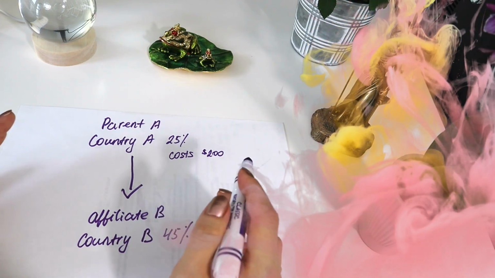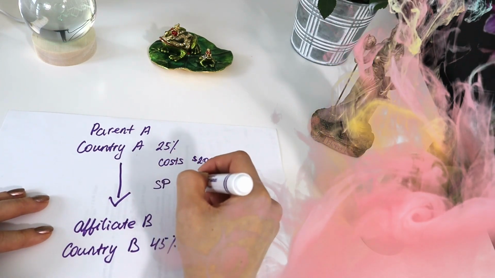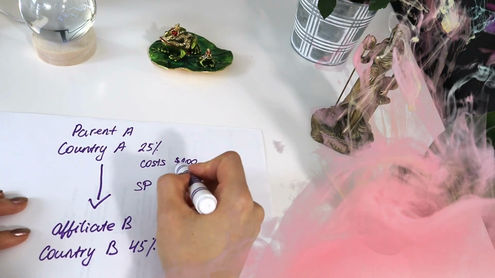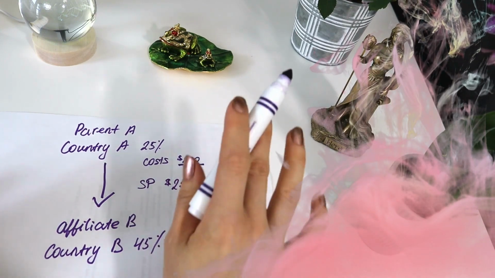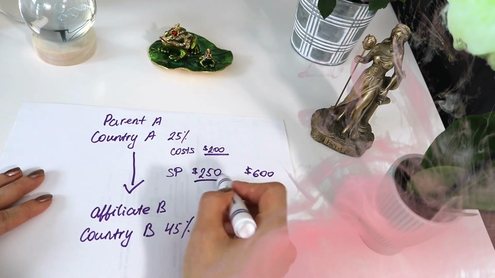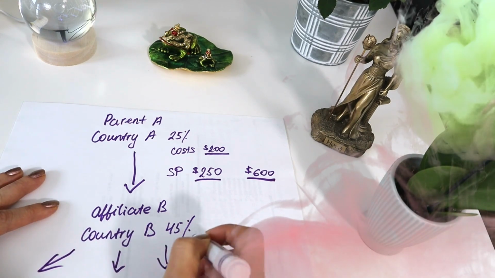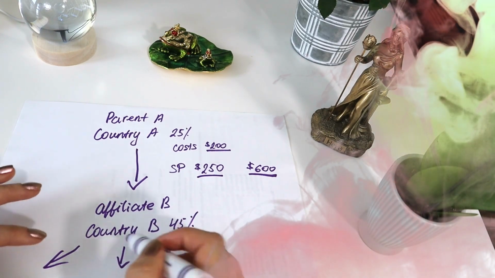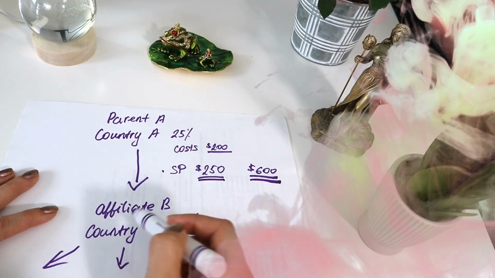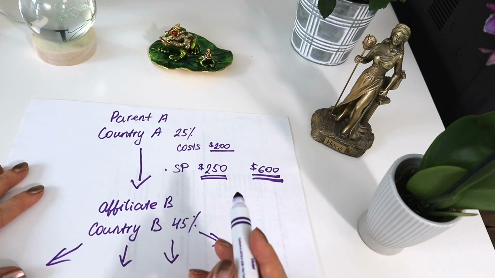So let's say you have a choice of selling this product to your affiliate with a selling price of either $250 or $600. Remember, it costs $200 to manufacture. As a business owner, what do you think is the most beneficial selling price that you can charge to your affiliate, and then your affiliate sells your product to various retailers or end consumers in this other country? What selling price do you think you should be charging your affiliate? And you can pause the video if you want to think about this, but for the sake of time, I'll